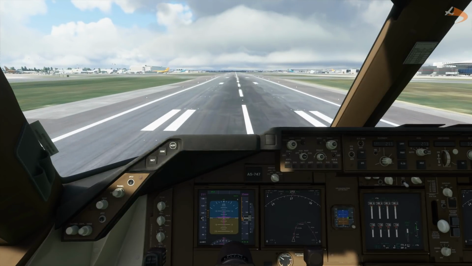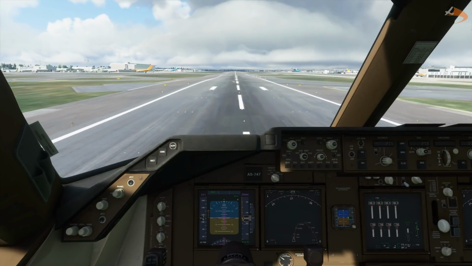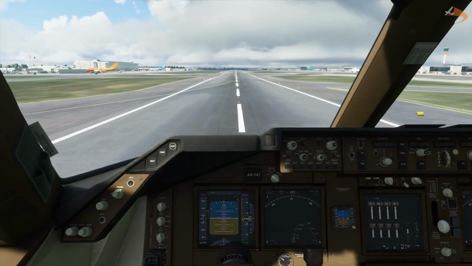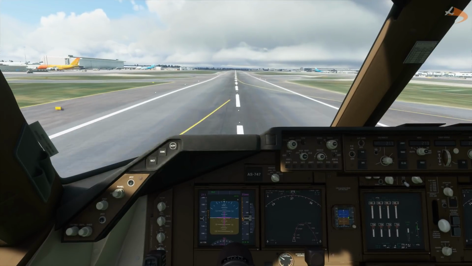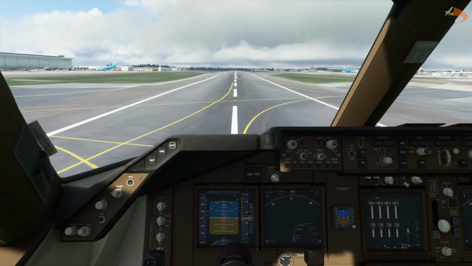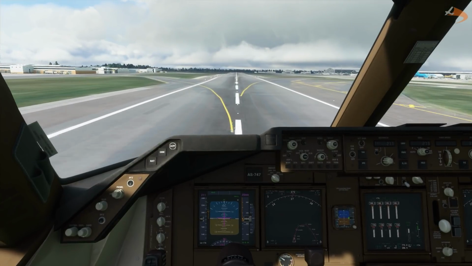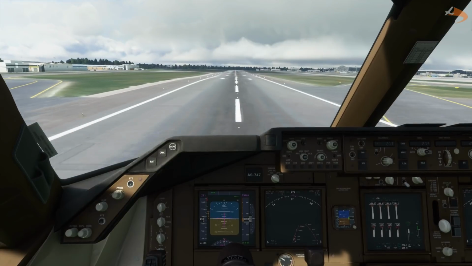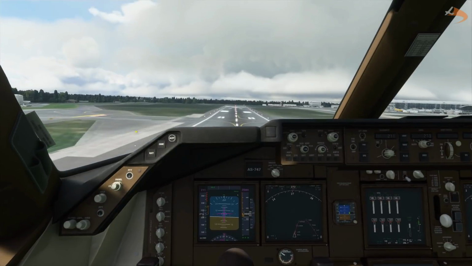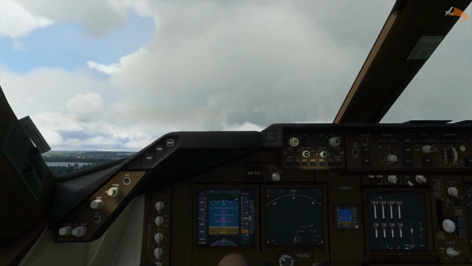Knots. V1. Rotate. Check for positive climb, gear up,